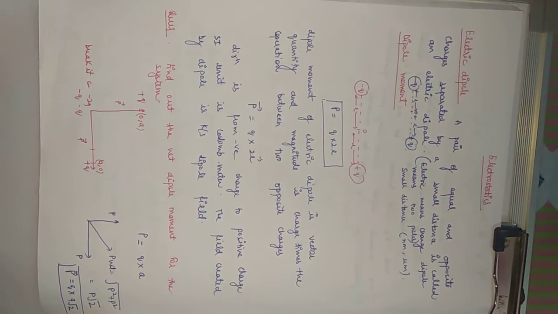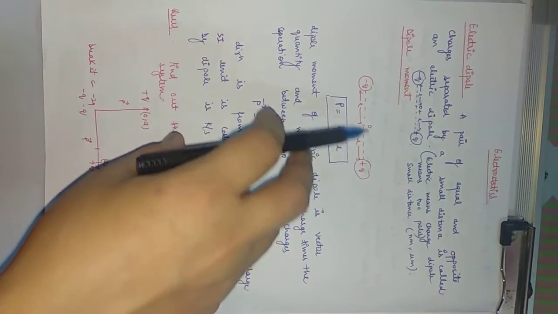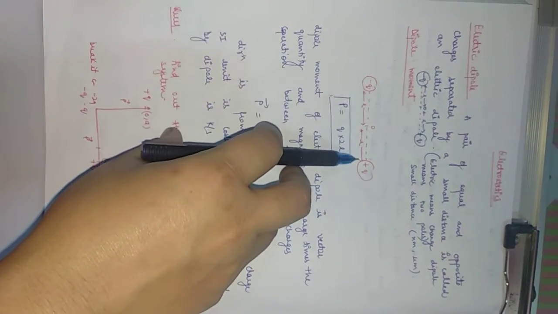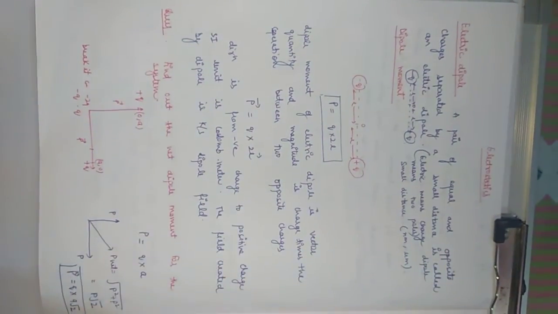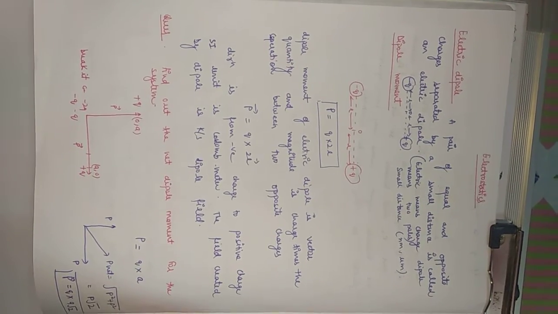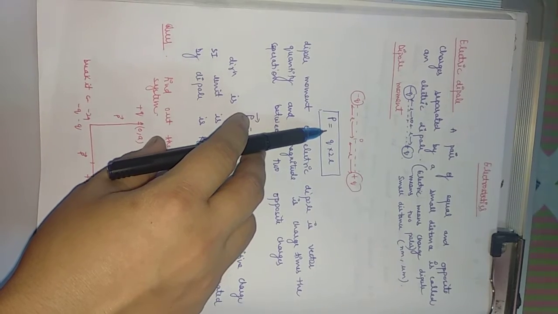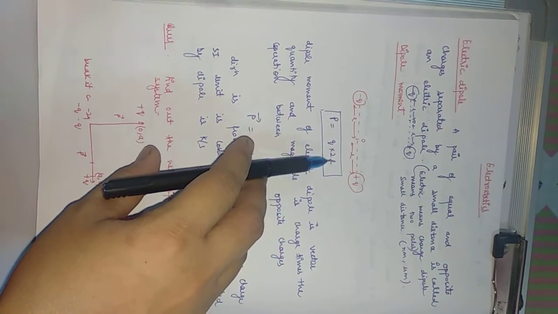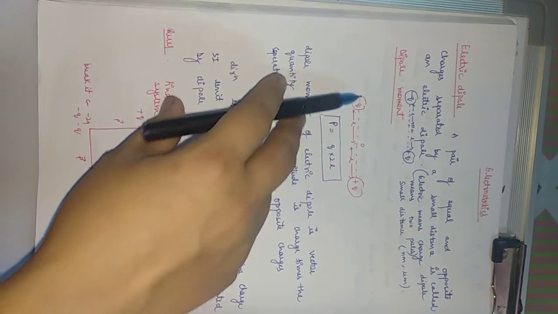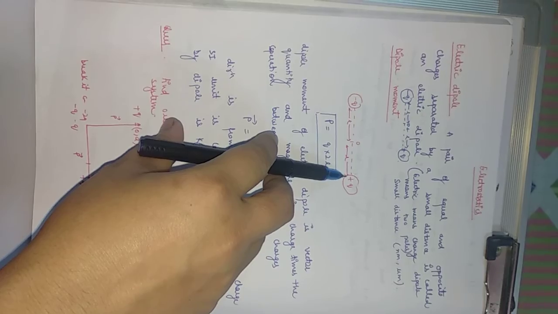What is dipole moment? Students, we have two charges, or a system of dipole. We have one charge minus q, another plus q, and they are separated by a distance 2l. Then the dipole moment, which will tell you about the strength of the electric dipole, can be calculated with the help of this formula, which is q into 2l. q is one of the two charges, and 2l is the separation between these two charges.